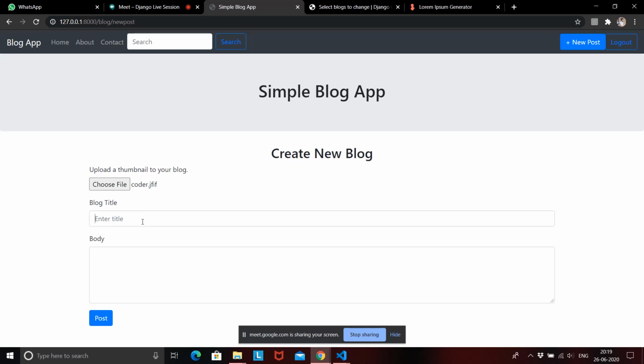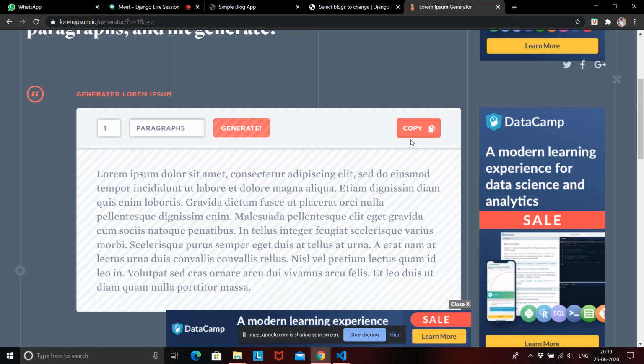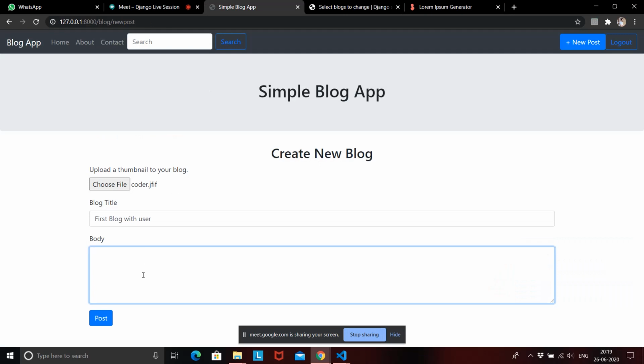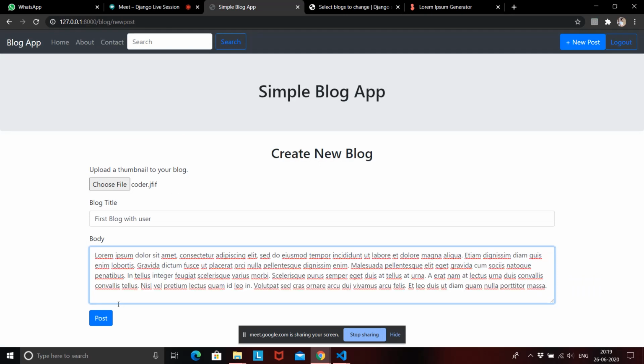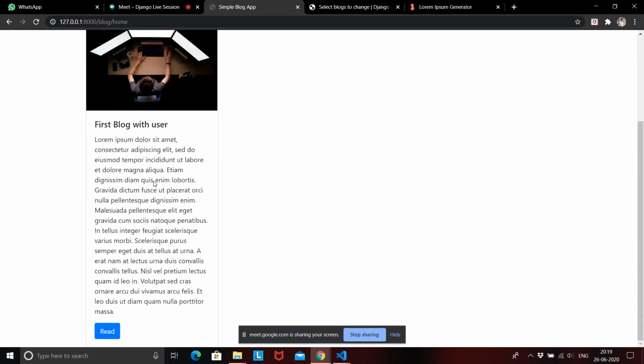Then I have to enter a title, so I'll give it "first blog with user". For the body we'll just copy this lorem ipsum dummy text that we have and paste it over here. When I hit post, this is going to give me my first blog.